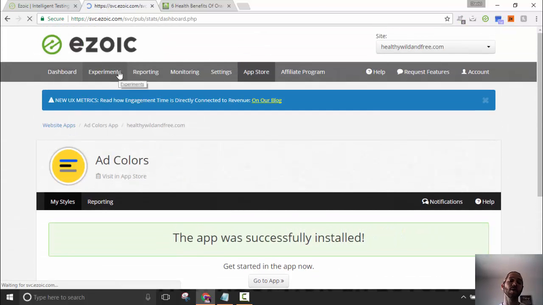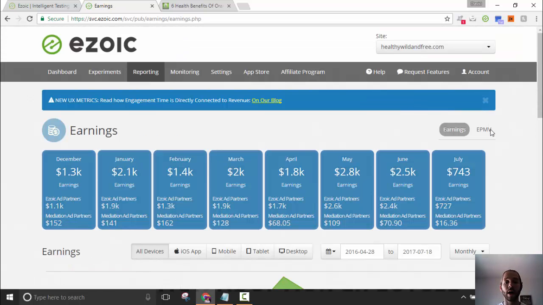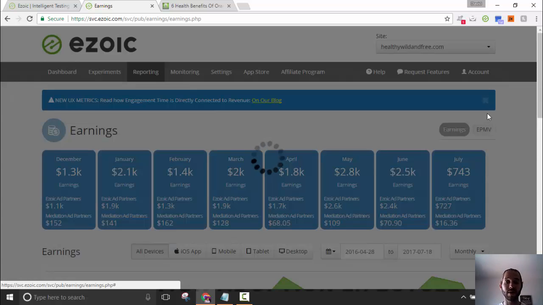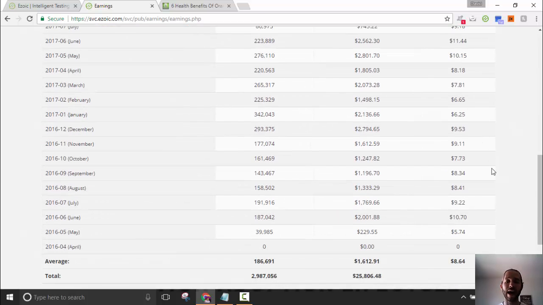But so long story short, just to show you again real quick the before and after. My earnings fluctuate through the month based on traffic. Obviously, if one month I get half the traffic as the next month, my earnings are going to decrease. But my ePMV overwhelmingly has gone up over time. It's had fluctuations, it's gone up and down, but overall, like I said, the average $8.64 per 1,000 visitors is